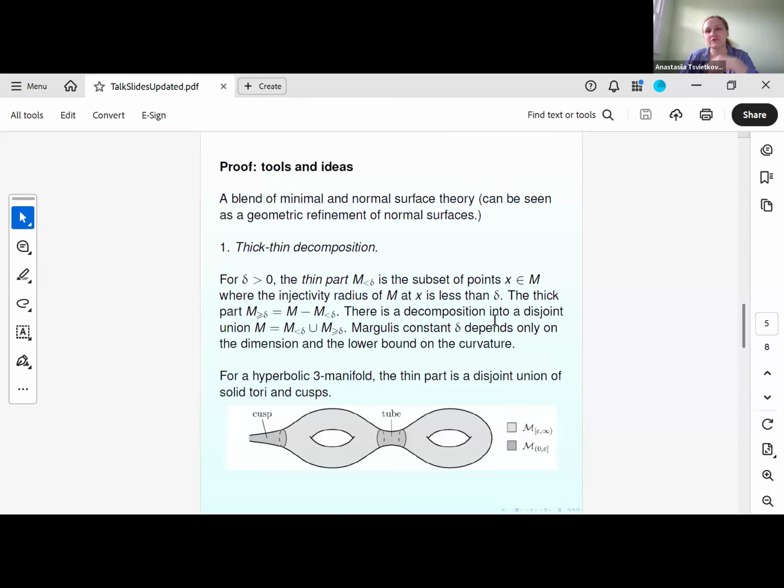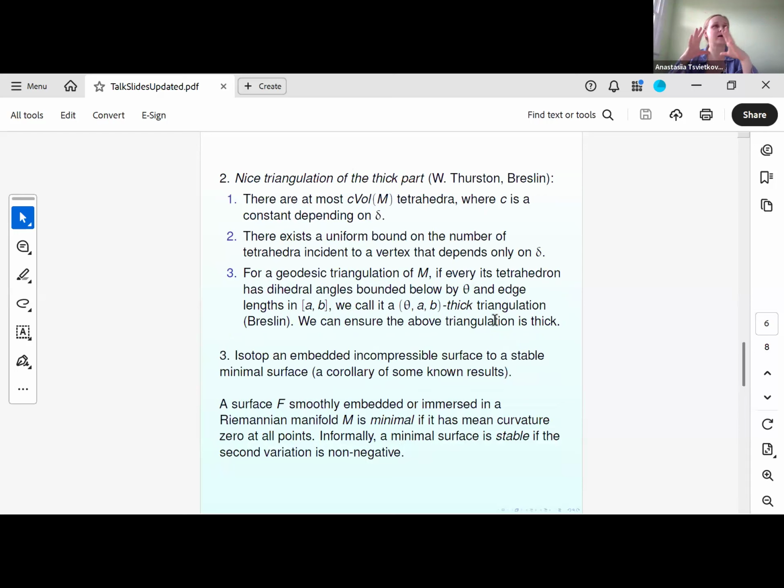So how do you achieve transversality of a stable minimal surface to a triangulation? What you do here, instead of modifying the surface, because if you have a stable minimal surface and you try to isotope it to be normal, you will lose your geometry. It will not be stable or minimal anymore. So instead, you modify the triangulation. You choose a nice triangulation of the thick part of the manifold, and then you adjust it gradually. You do barycentric subdivision, you do various adjustments. You move your vertices about so that your stable minimal surface ends up being normal to that triangulation. And you can